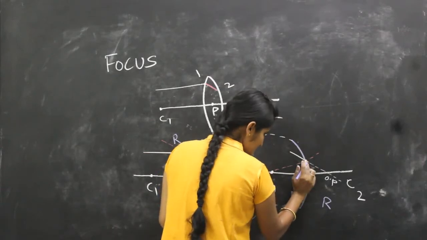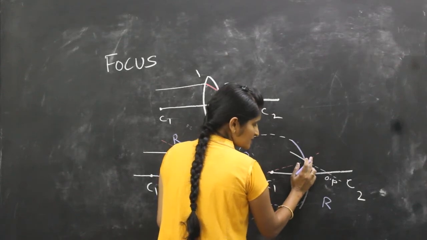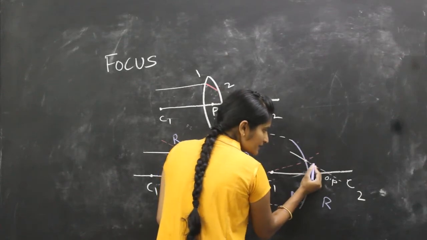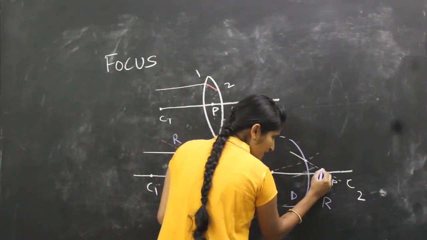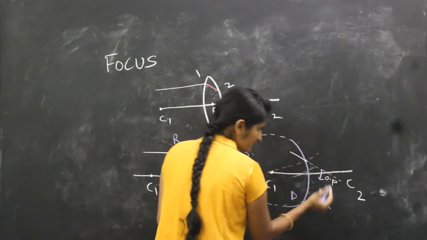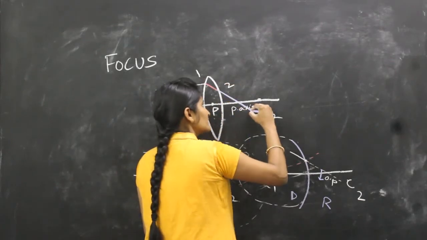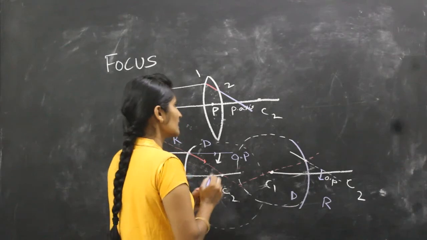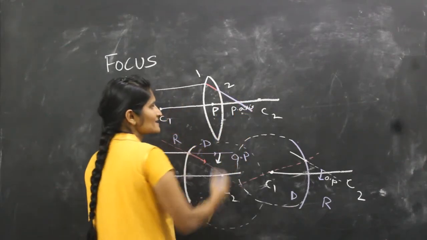That means if this is the normal, this should travel away from the normal. That means this original path will travel away from the normal. That means at this point it will travel like this. Is it clear? So when it is traveling, it is meeting the principal axis at this